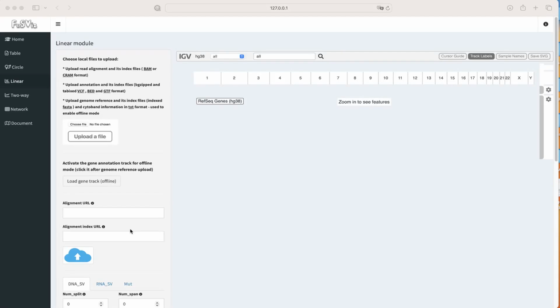In this video, I will show you how to perform structural variation analysis in the linear module of FuSViz. The linear module of FuSViz is built on the basis of the embeddable interactive genome visualization JavaScript library, igv.js. After the user imports the genome reference annotation resources and the SVs from the DNA-seq and RNA-seq data, we switch to